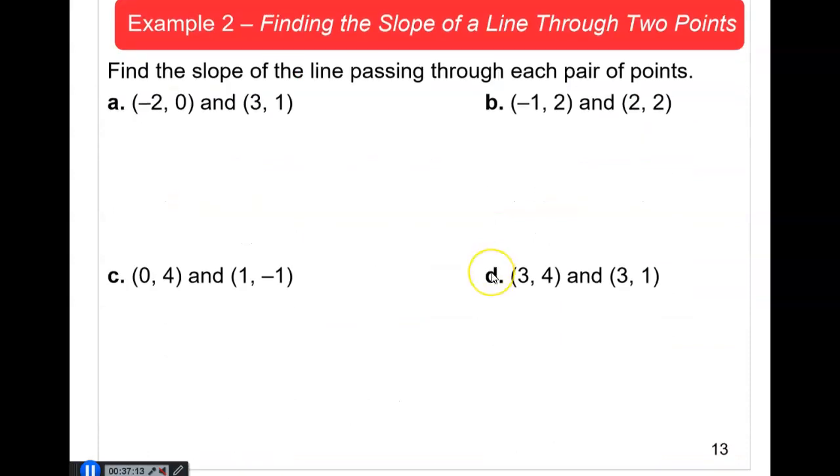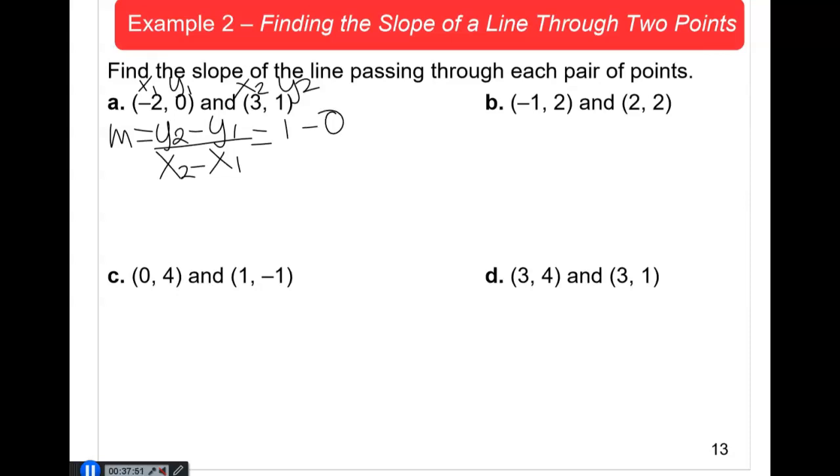So now let's go ahead and practice how to find the slope with these 2 points. And so remember the formula is x sub 2. Oops, that's completely wrong. Remember, never put the x on the top. So y sub 2 minus y sub 1 over x sub 2 minus x sub 1. So I'm going to consider this to be my x sub 1, y sub 1, x sub 2, and y sub 2. So we will have m is equal to 1 minus 0 over